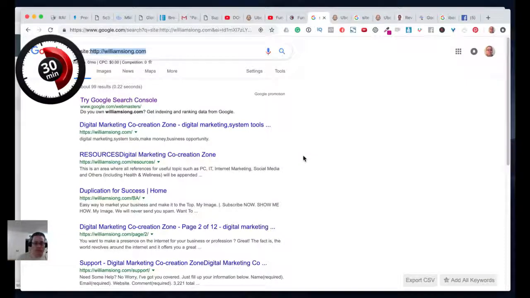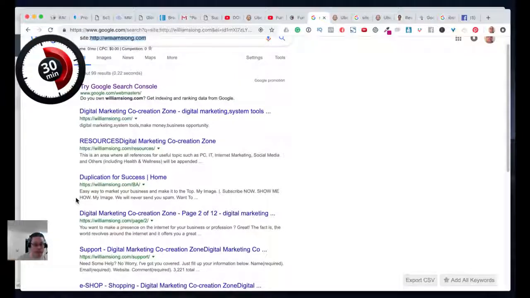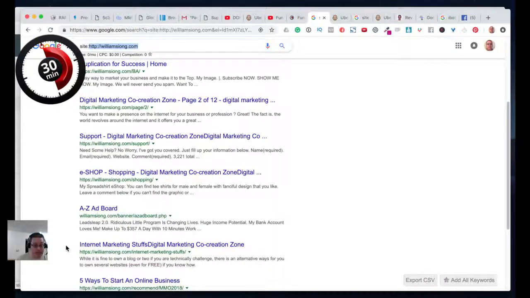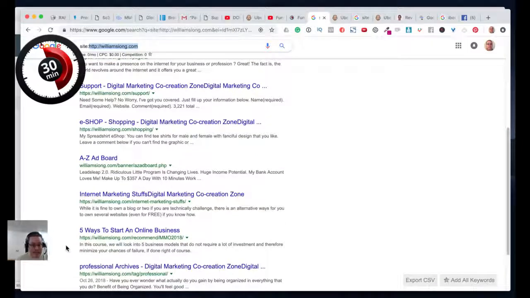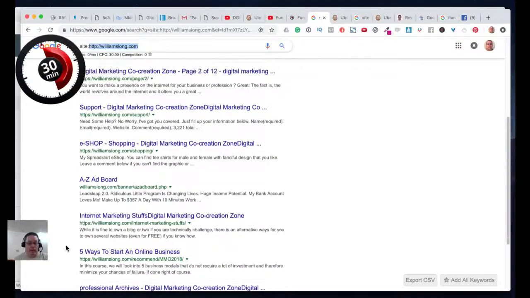But the problem here is, if you look, you're not going to rank for these URLs. Like "Duplication for Success" is the title, and then the URL link is BA. And then these are just your pages, and then support, shopping, A to Z ad board, Internet marketing stuff, professional. So just here on the first page, these are going to be,